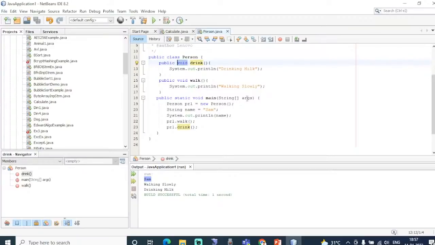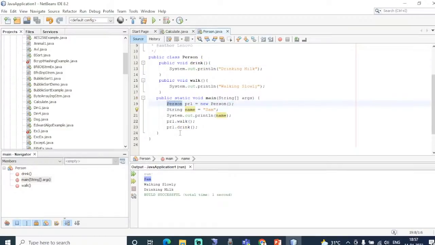Mahidhar, the program execution starts from the main method. I am passing the argument as a string array. Whatever I am passing, everything is passed as a string array, so I am giving this as String[] args. Yes, if you want to access any of the member methods,